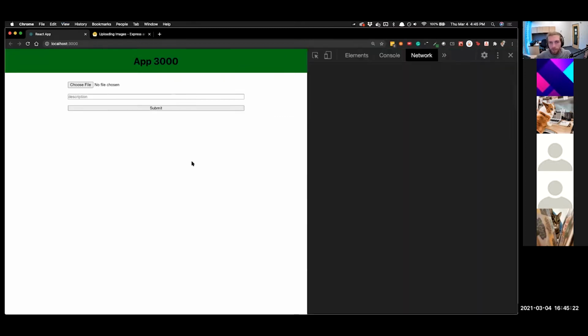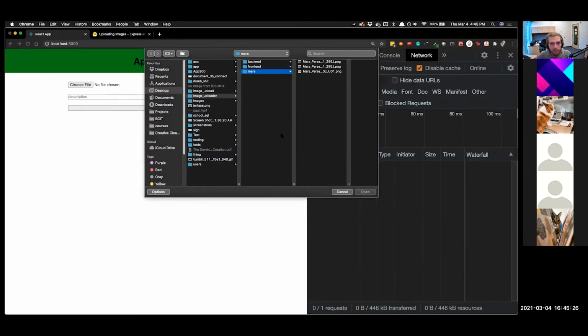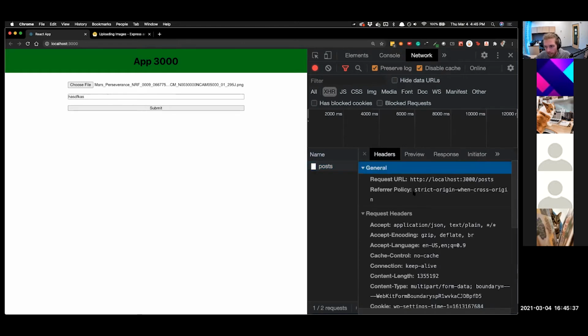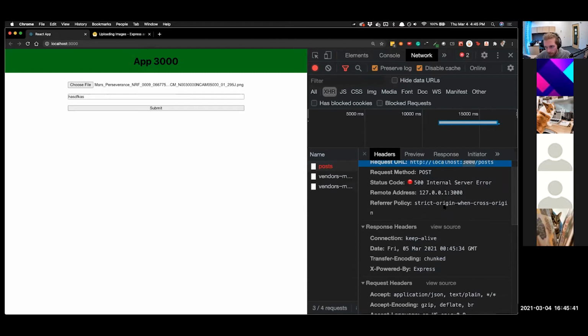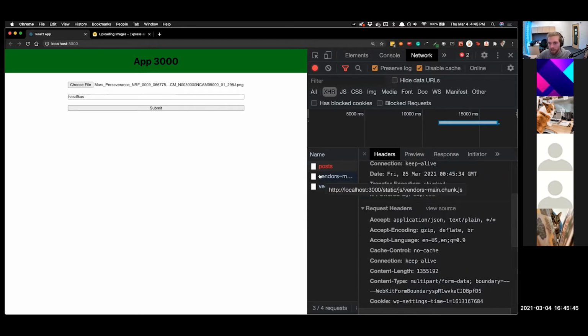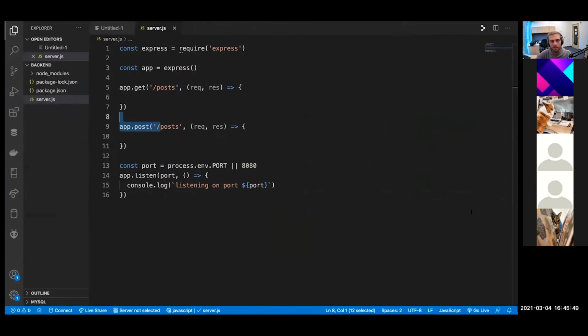Okay. So if we look at the network panel here, if I choose a file, oh, nice. I have Mars photos from another demo I was doing. Okay, so we're going to post a picture of Mars. If I put in a description and I hit submit, I have posts. If I look at the headers, it's sending a post request to localhost 3000, which is being proxied to the server, hopefully. And there's my form data, my image binary data, and my description. And this came out with a 500 internal server error,